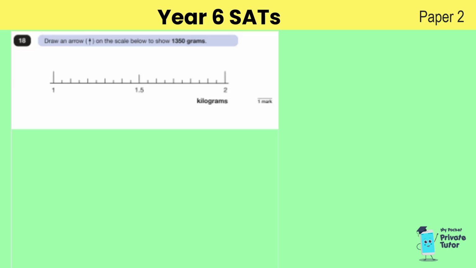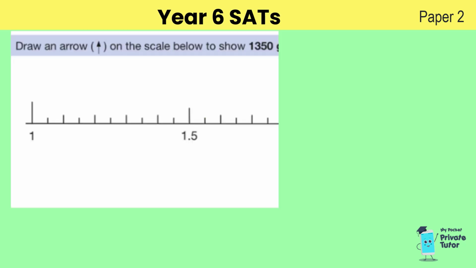Question 18. Draw an arrow on the scale below to show 1,350 grams. I'm going to just zoom in. If we look at the scales, we can see that we've got 1, 1.5, and then 2 is further up. 1.5 is the same as 1,500 grams, and 1 is the same as 1,000 grams. So